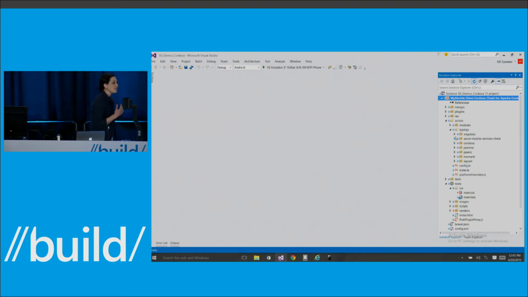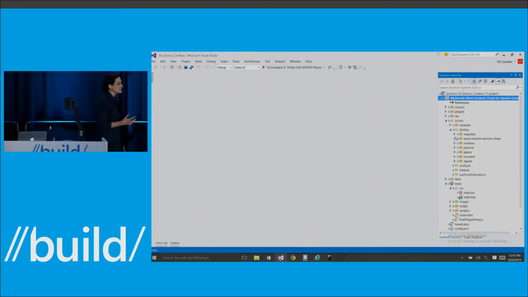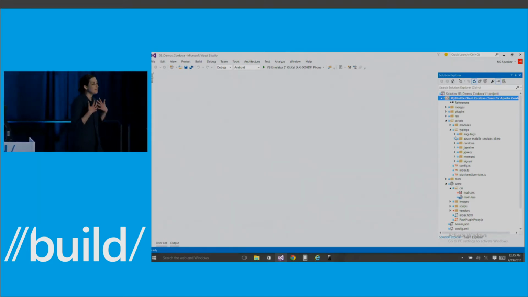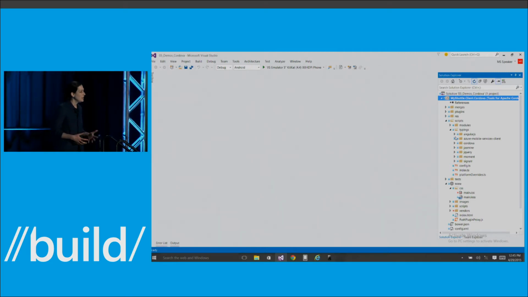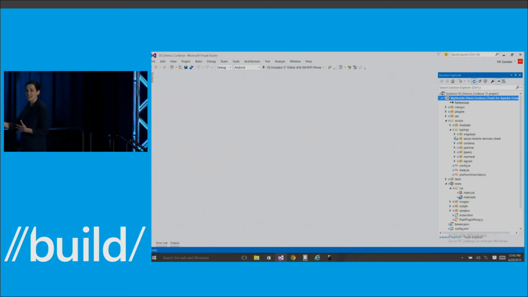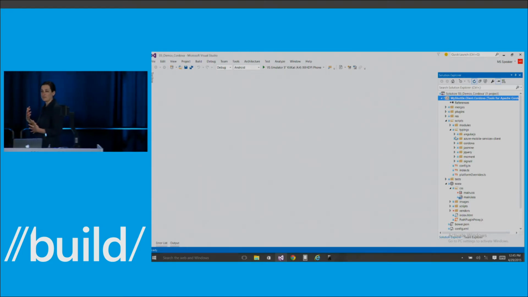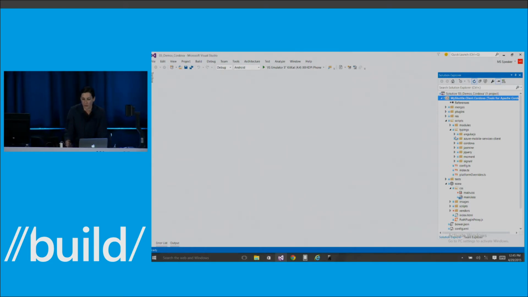So the point is, for Cordova-based applications, if you're a web developer, this will feel very, very familiar to you. You can use the same common web-based frameworks that you're using today. You can use the same common web-based experiences for workflow that you're using today. And so that's how we're defining it.